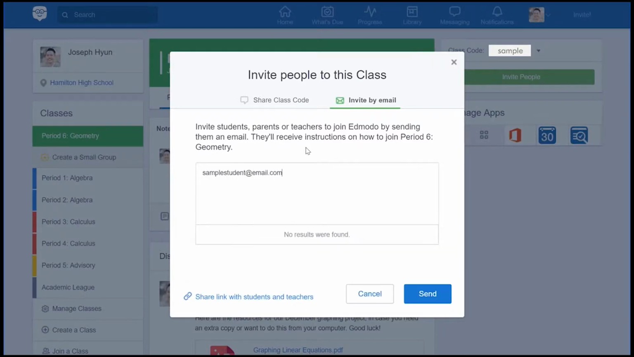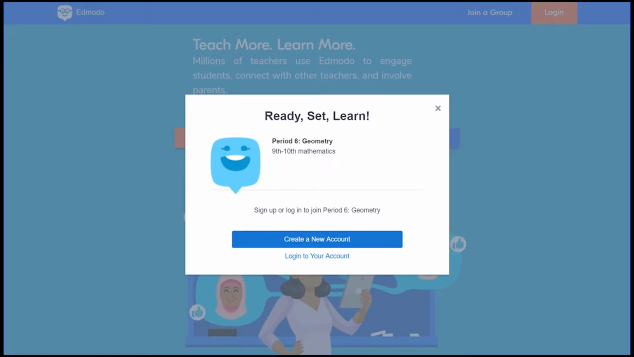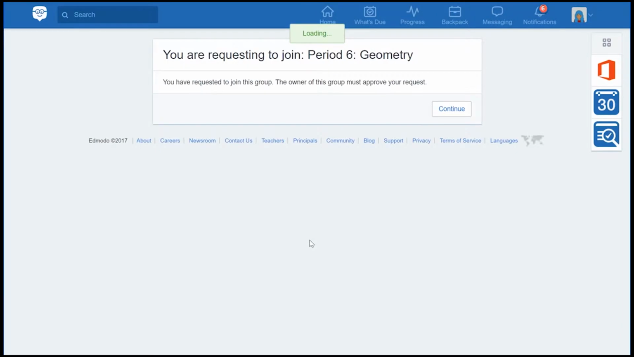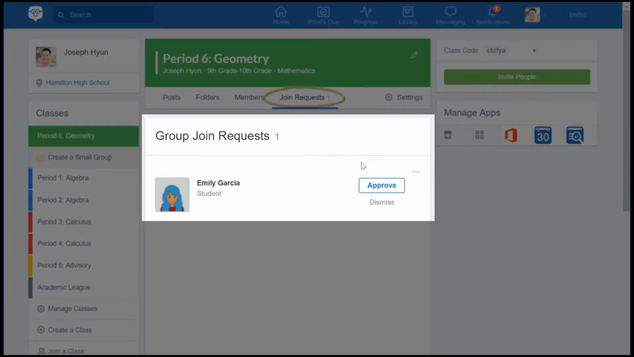When a member joins using this method, they'll be directed to this page where they can create a new account or they can log into an existing one. When a student uses a link to join your class, for your class's security, they'll be placed into an approval queue before they're allowed access. From the Join Requests tab in your account, you'll have the ability to approve or deny the student from ever